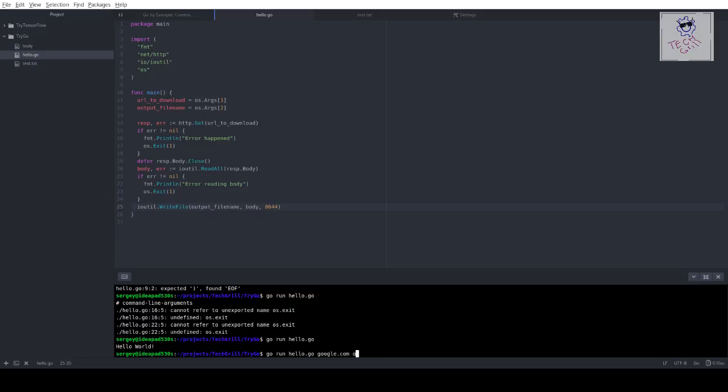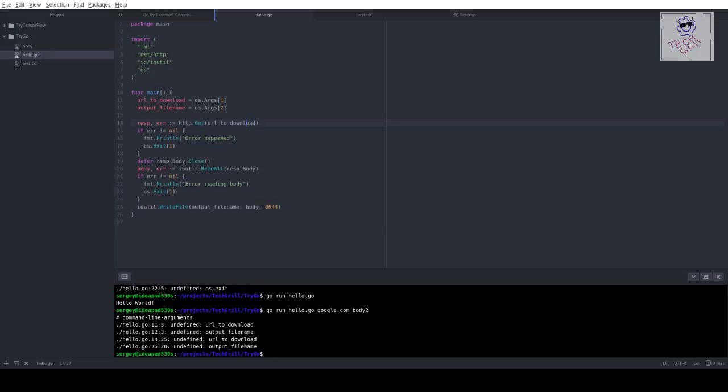Oh, let's put body 2 just to be short. Okay, undefined URL to download. So I did something wrong. Am I? URL to download. So let's see